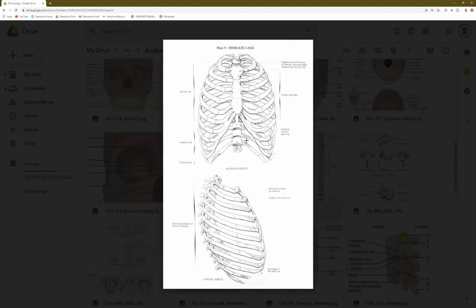Okay, so the thoracic cage, I'm going to try to wrap up here in about 10 or 15 minutes or so. So we're just going to go through the thoracic cage and then the pelvis, and then we'll finish. Sort of thorax, you have